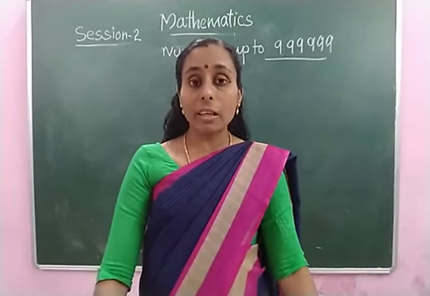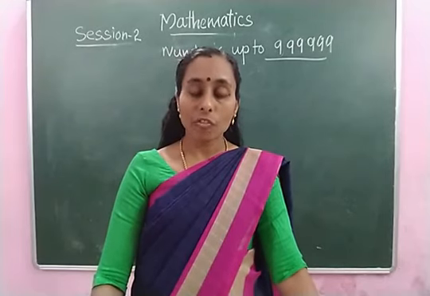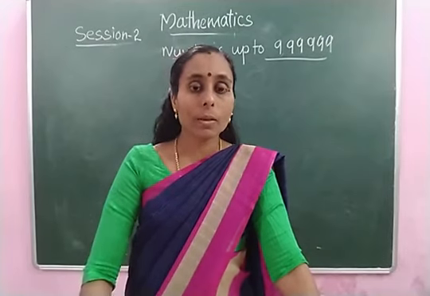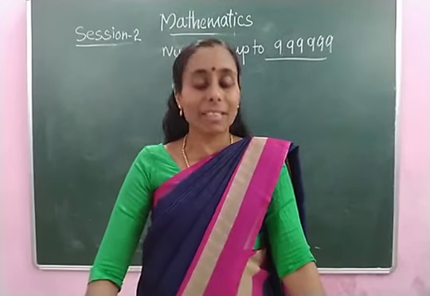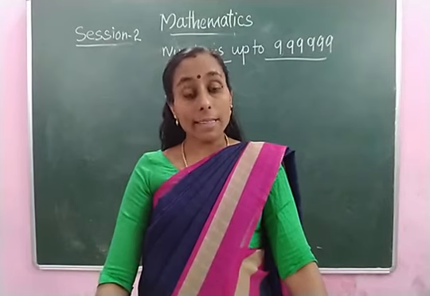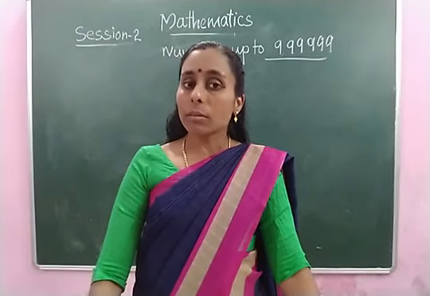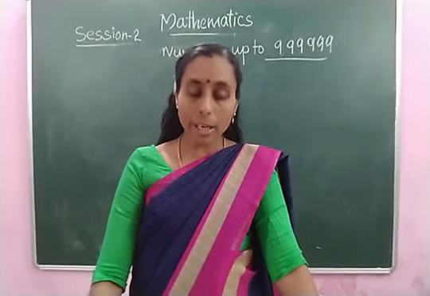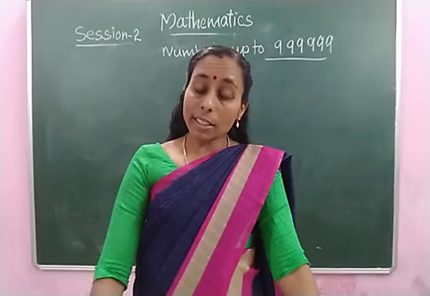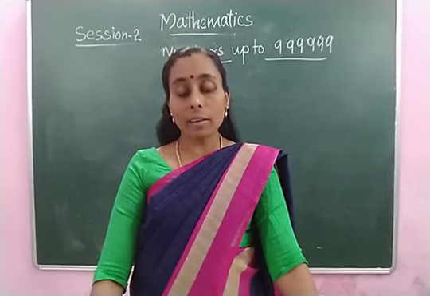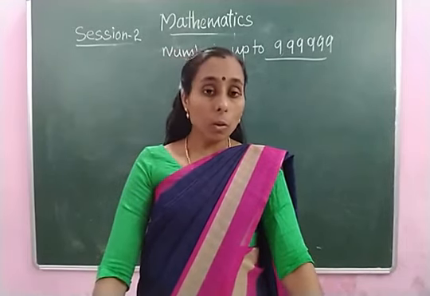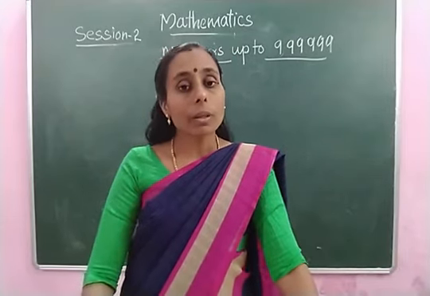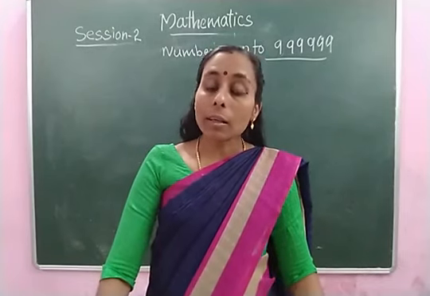Do you remember what we learned in last class? We have learned largest one digit number, that is 9, smallest two digit number, that is 10, largest two digit number 99, smallest three digit number 100, largest three digit number 999, smallest four digit number 1000, largest four digit number